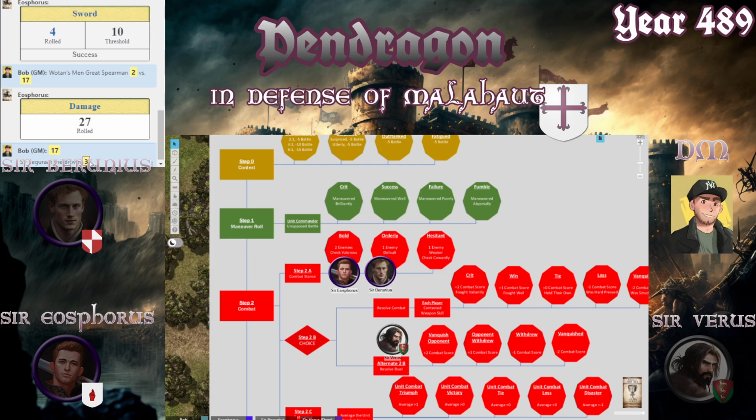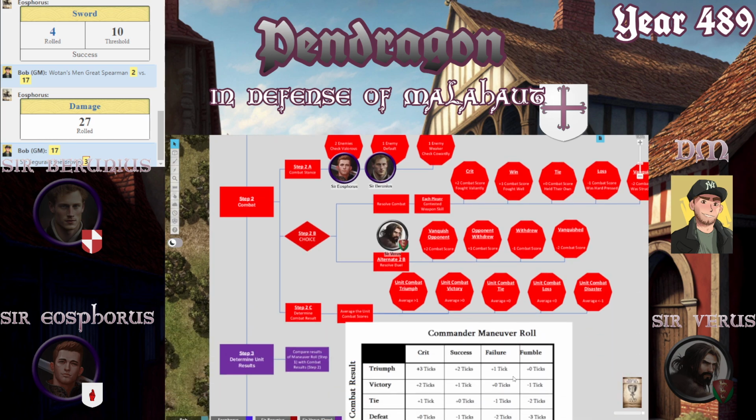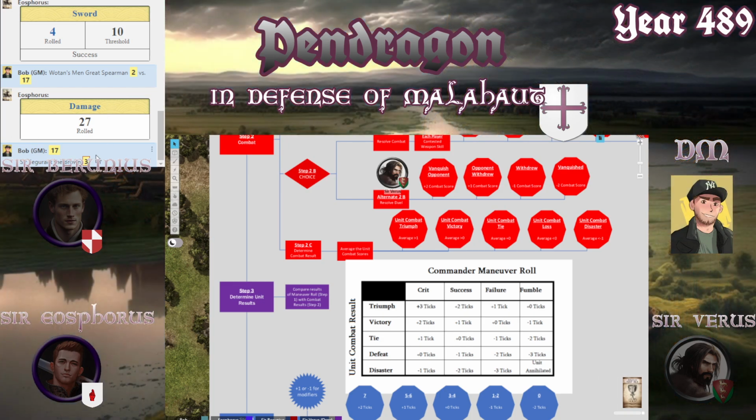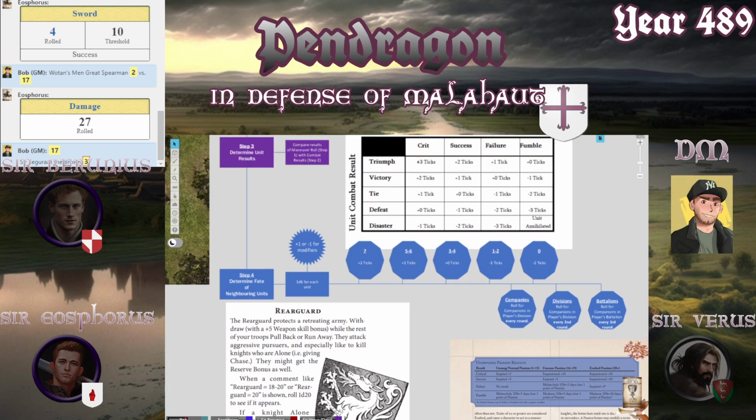So he's not doing great. He's getting these low rolls despite his +2. His units around, the mercenaries around him are kind of caving to the Saxons. So this is... It's not bad. 3's not bad. It just means kind of in a stalemate. Okay. And then we'll see how...